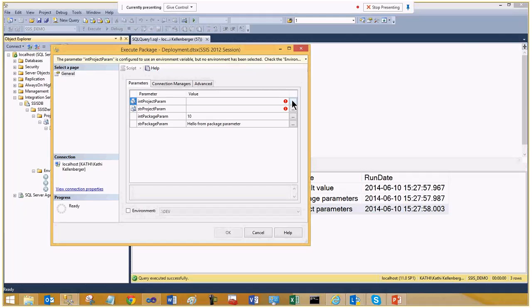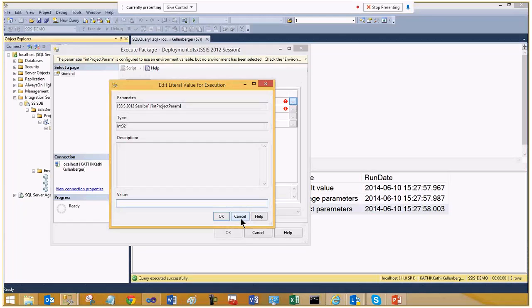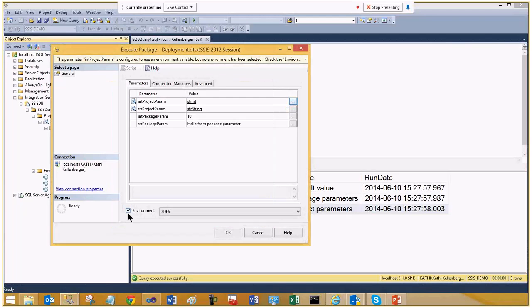Let me go ahead and, I always forget this. Okay, what's the environment I want to map to? And it automatically, since I chose that environment and I had already done the mapping at the project level, knew to match those up. One thing I can do is I can script this. We'll take a look at that in just a second, but I'm going to click OK, which will cause the